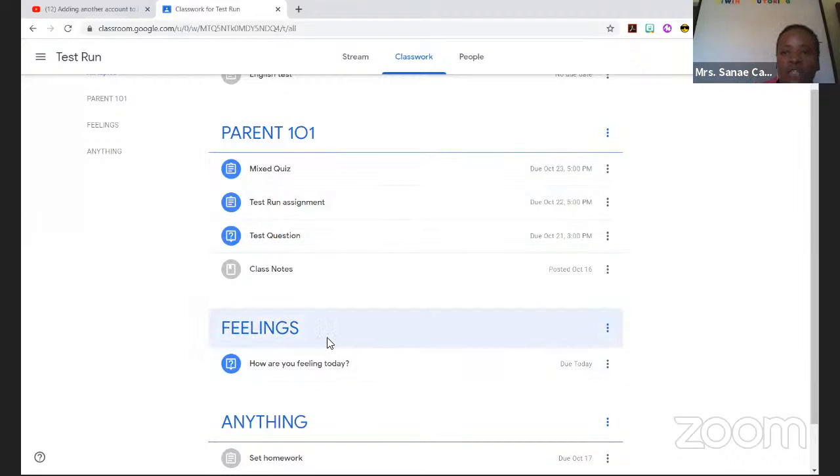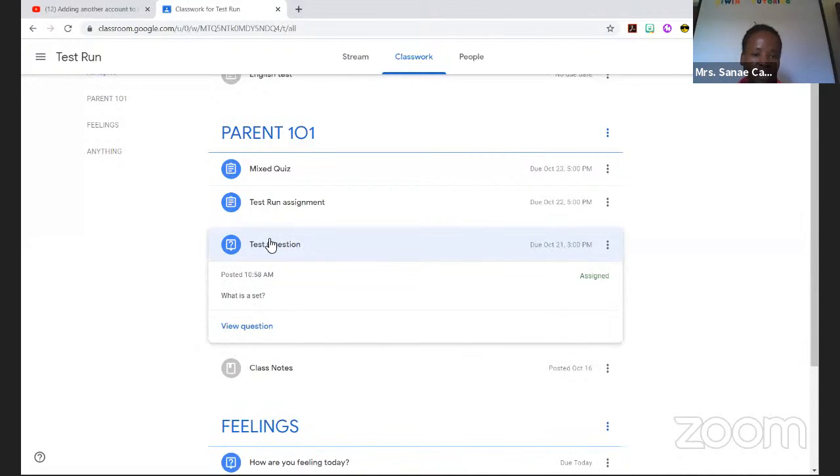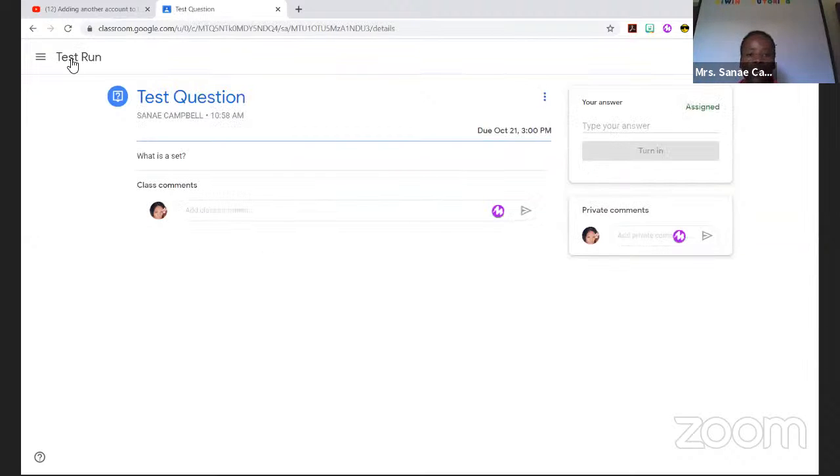So teacher asks me a question. Teacher wants to engage me and my classmates in a discussion. And the teacher asks a question. This is what it looks like. This question button, this question mark inside the box means that the teacher asks you a question and you need to answer that question. Tap on question, view question, select that. And then now you get to this section. Here is a question. The question says, what is a set? Now down here says class comments, which means that